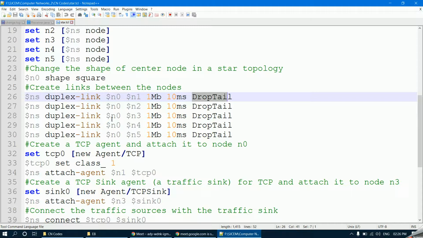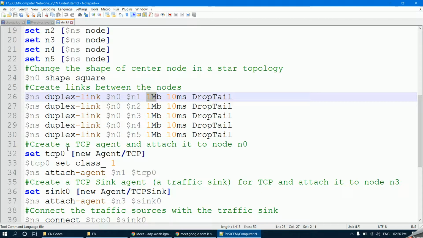Clear? So I have created the link between n0 to n1, n0 to n2, n0 to n3, n0 to n4 and n0 to n5. 1 Mbps represents the bandwidth. You can give bandwidth of your choice, and at the same time you can give delay of your choice. I have given 10 milliseconds. You can give the delay of your preference.